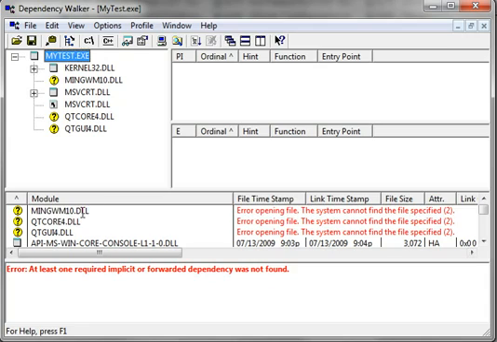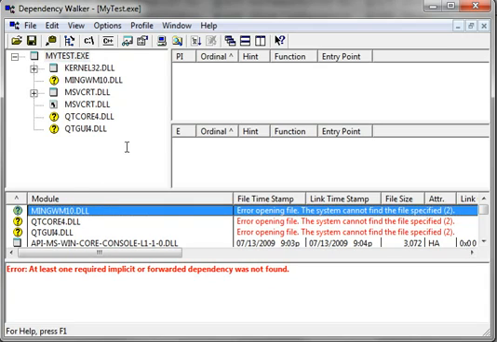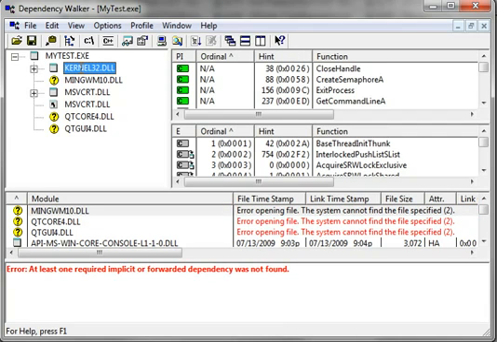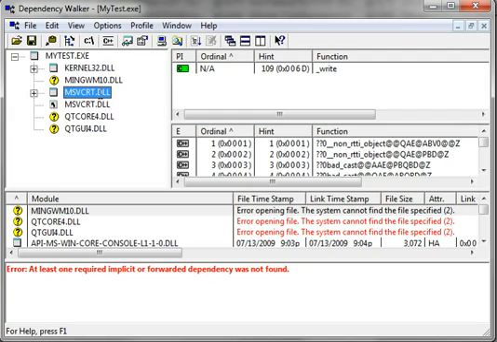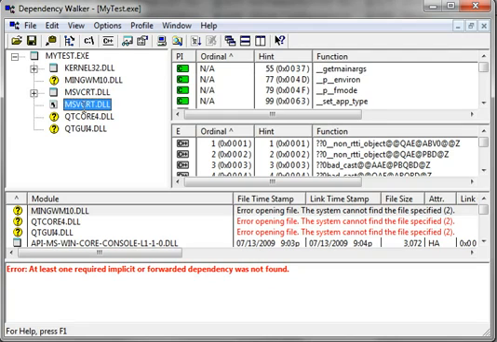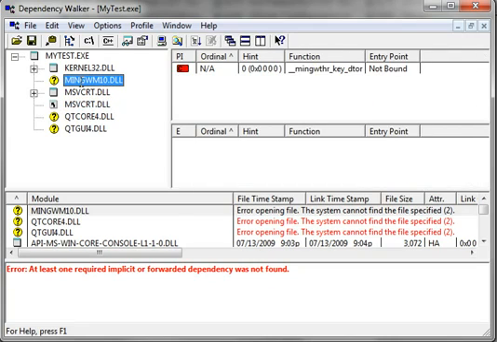Errors detected, error opening file. What this does is it tells you exactly what this program needs to run. You see mytest.exe needs kernel32, which it found. That's part of the operating system. Then msvcrt.dll, Microsoft Visual C Runtime.dll, another Microsoft Visual C Runtime.dll, and then it needs this